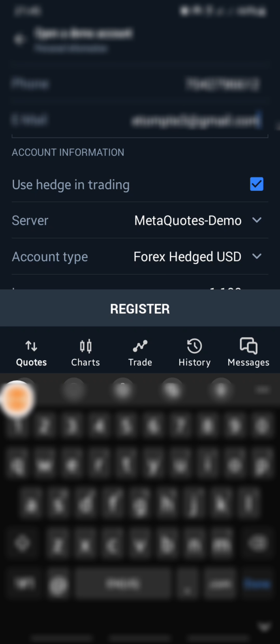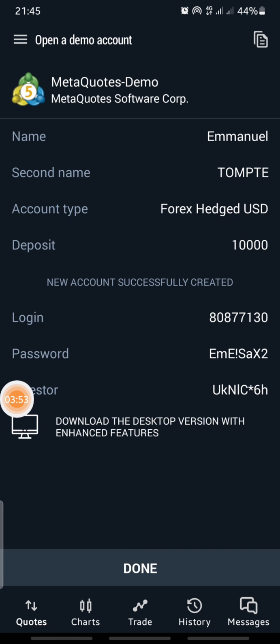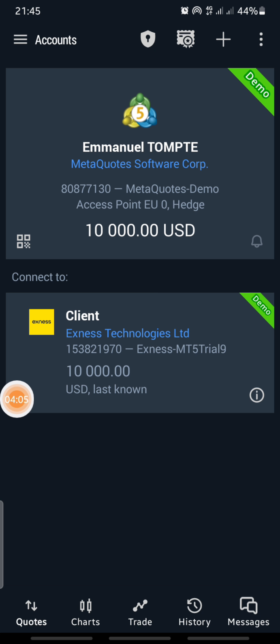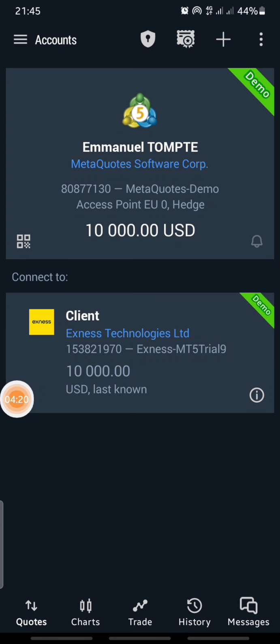Okay, so let's adjust. Alright, then you click on done. So guys, our demo account is already ready. Okay, you see the name here and the amount here. So as you can see, this is how it shows. These are your accounts, right? So anytime you want to go and change your accounts, click on this place. Okay, and then click on manage accounts, and you can come to this place and then choose any account you